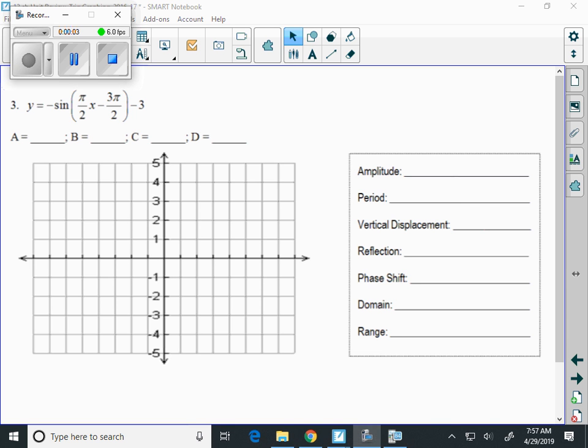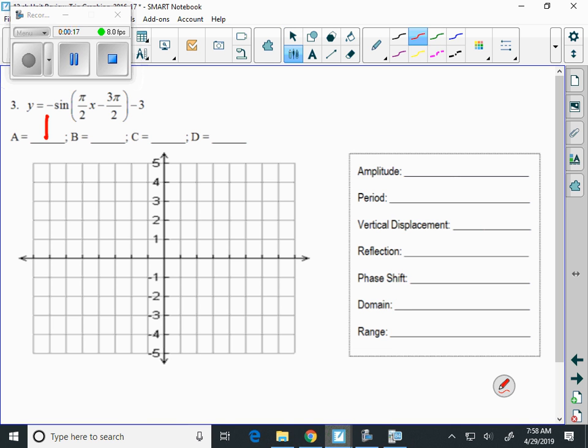y equals negative sine of pi over 2 x minus 3 pi over 2, minus 3. Let's start by labeling our values. a is 1. Again, it's the number in front of the sine. It's not the negative, because the negative is going to reflect our graph